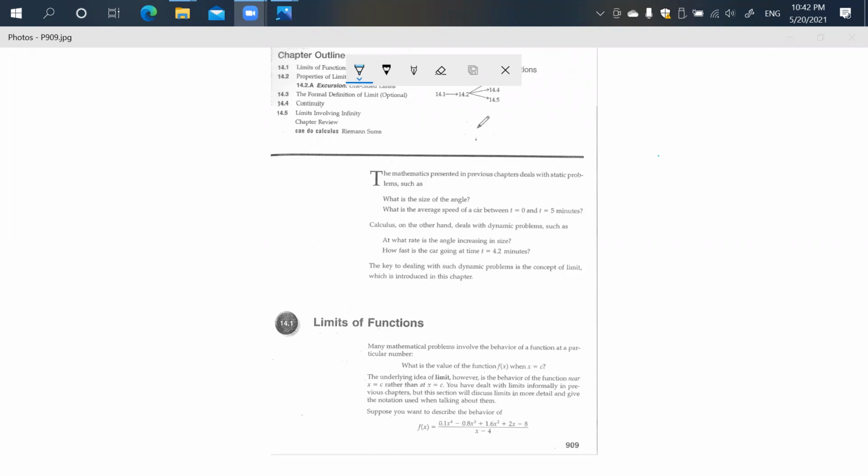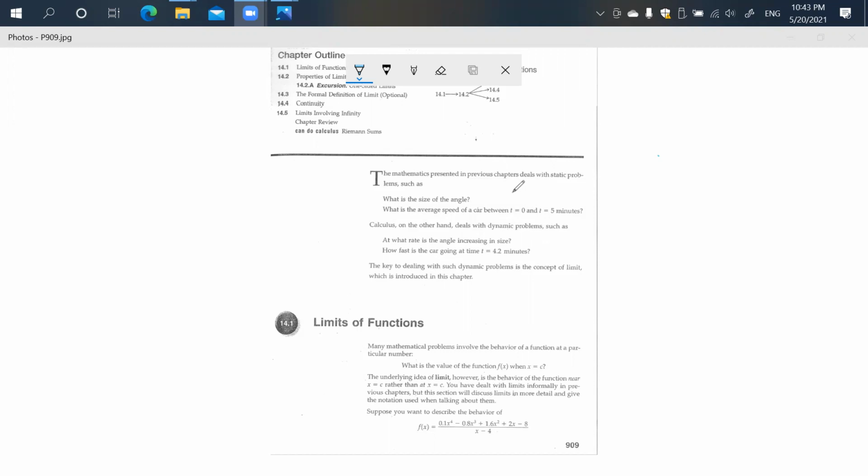So in this topic we're going to learn about the limits of functions. Everyone knows about functions already. In previous years you learned to find the value of a function, right? In the past, when we found the value of a function, most of the time we just replaced the value of x, or domain, and then got the value of y to get the answer for the function. But now,